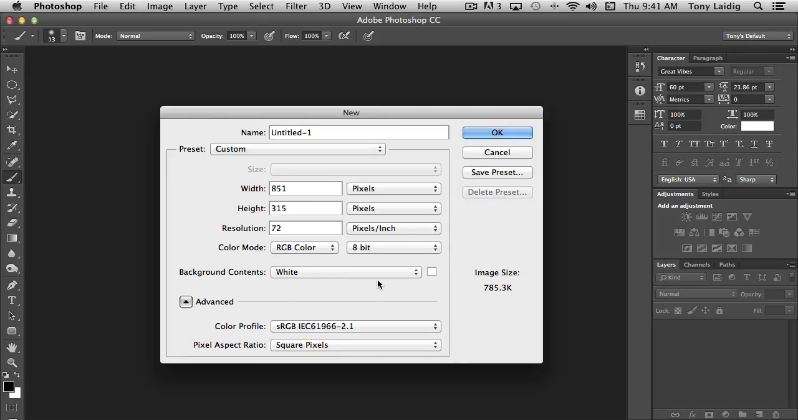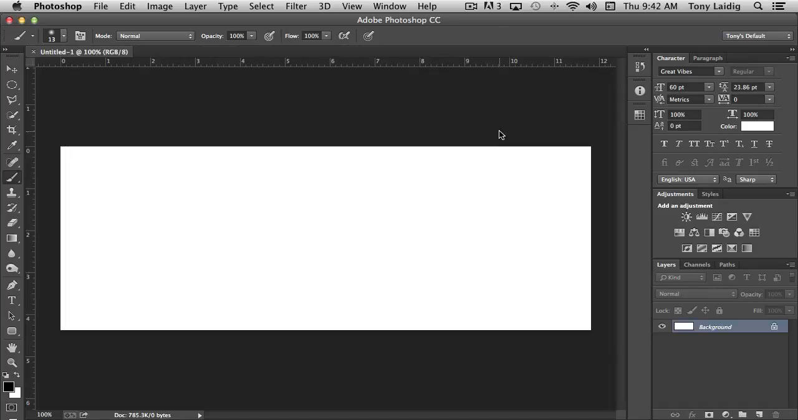The background we can leave to white. Color profile, pixel aspect ratio. The defaults in Photoshop are usually perfectly fine for 99.9% of the work that you'll do with it. So all we need to do once we have our correct dimensions inserted into our setup here is click OK. And the ending result is a panel that is to the exact dimensions that we need to create a Facebook